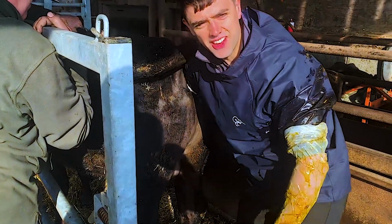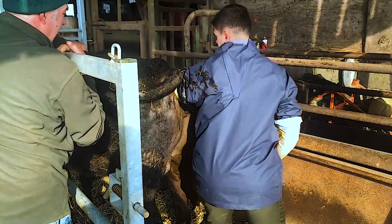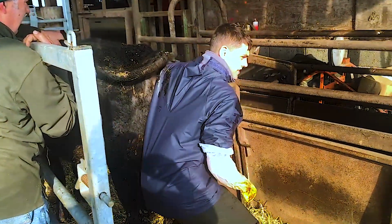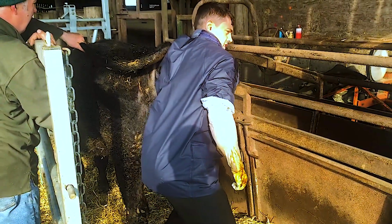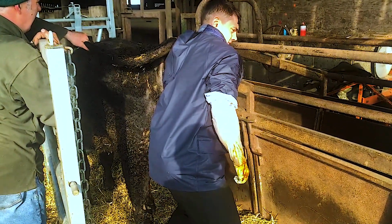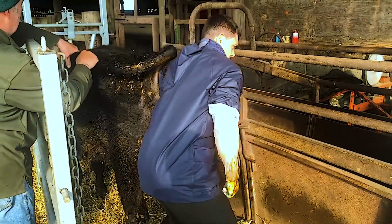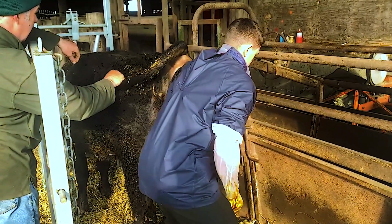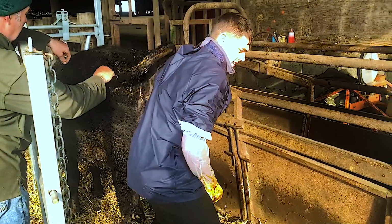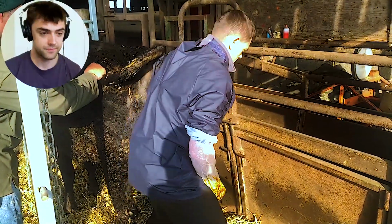So I'm just trying to find what we've got going on. Adam here has correctly identified it as a breech and tail first. The hocks are back, the front legs are way back. I'm just trying to describe a reasonable sized calf, relatively modest size, from a second calver as well. So we might not have space to move it. It may yet be a